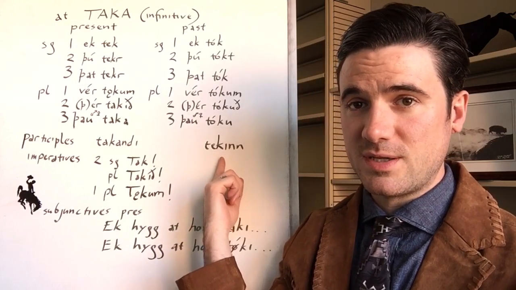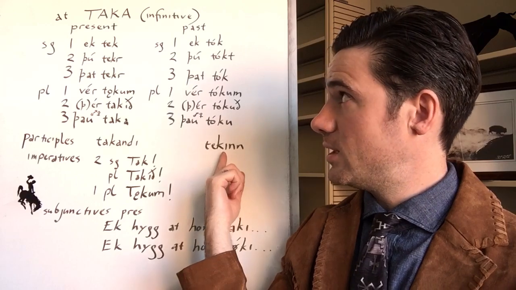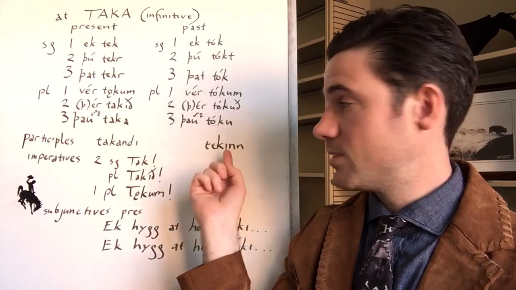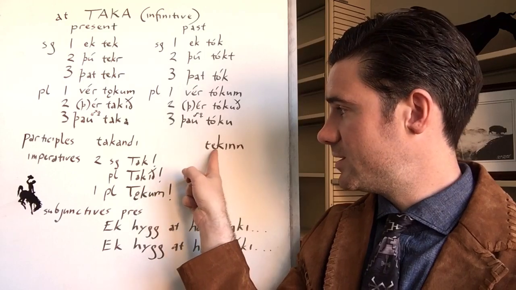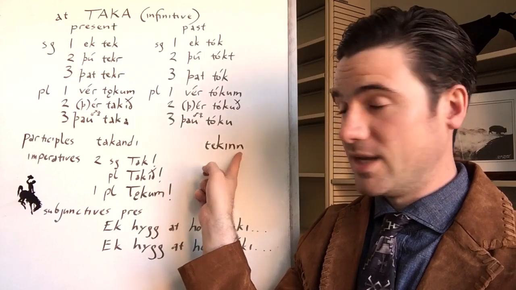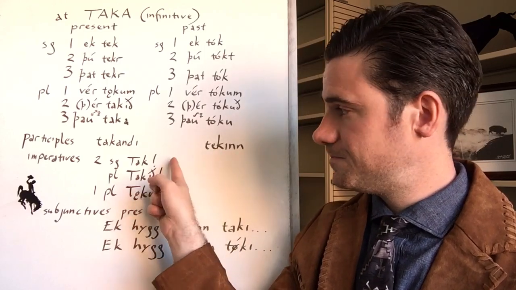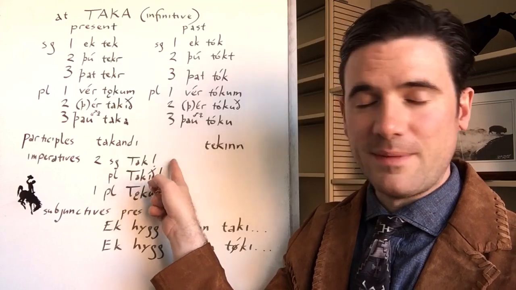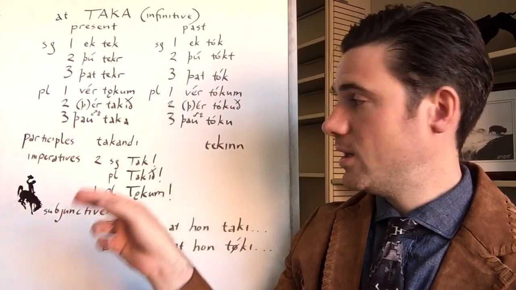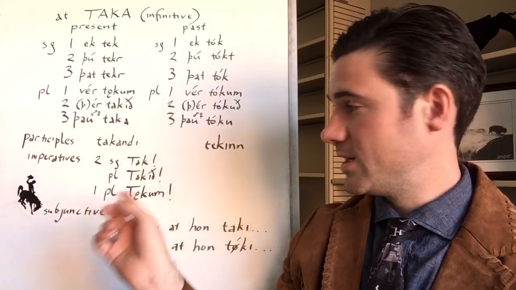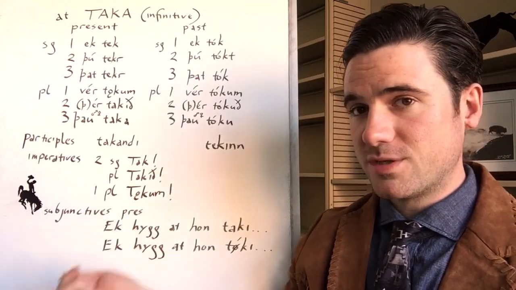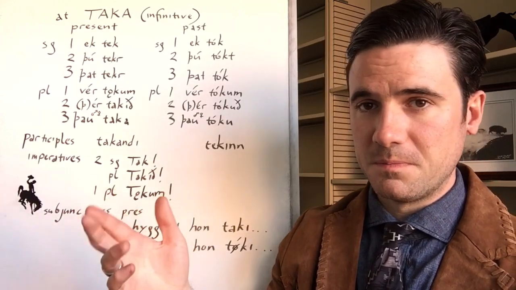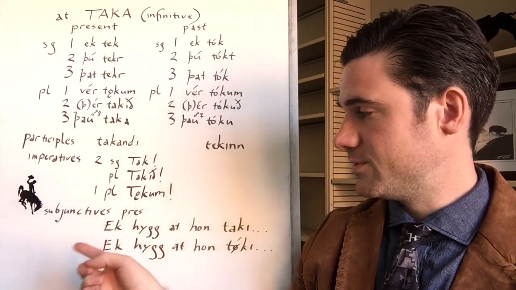You won't always see that in past participles and strong verbs. You will if the root ends in a k, g, or ng. This is, of course, taken, right? Much like English taken. Taka, to take. I mean, take like I'm commanding you, take it. Takiv, telling multiple people to take. Tokum, let's take. Notice in the subjunctive forms, which of course we'll do another video more about the subjunctive, but